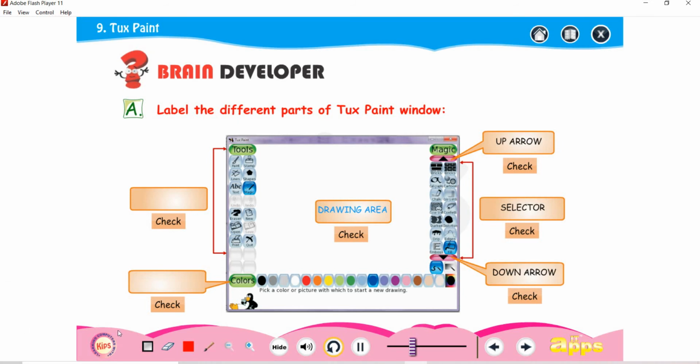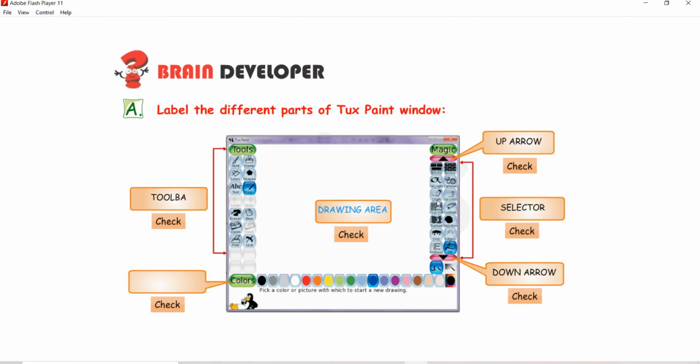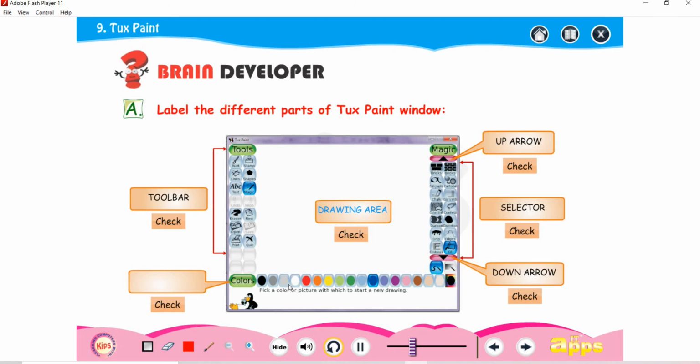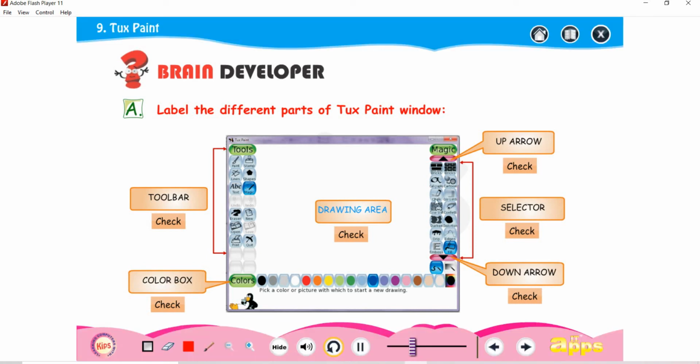Next, go to the left side. Here this is called the toolbar, which is present in the tools. Next, this is called the color box. So in this way you have to write the name or label the different parts.